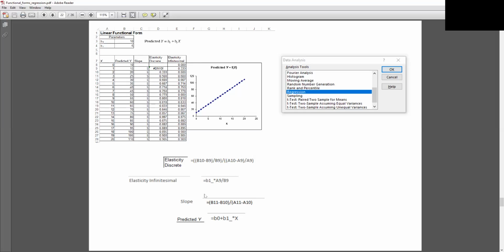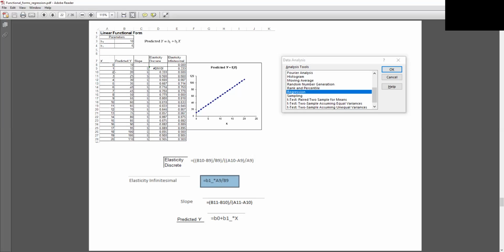The formula is very simple, as you can see here. It is nothing but the slope. If you want to find the point elasticity where the value of X is 1 and the value of predicted Y is 15,